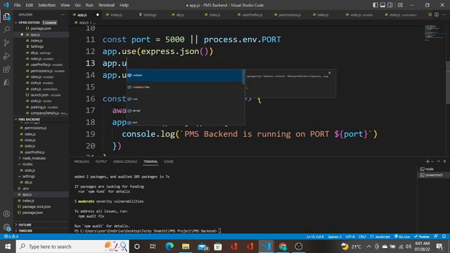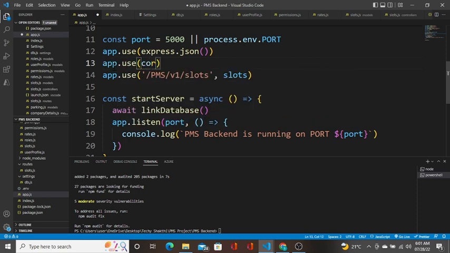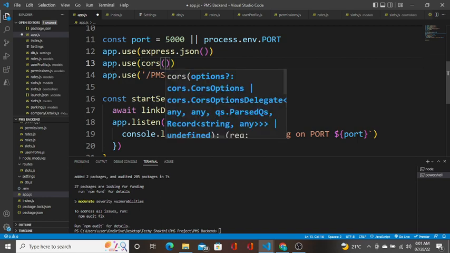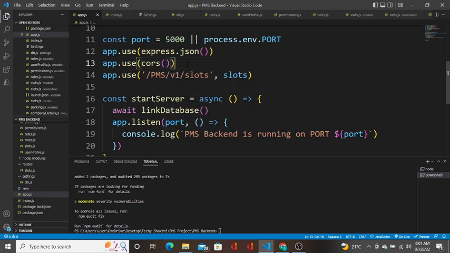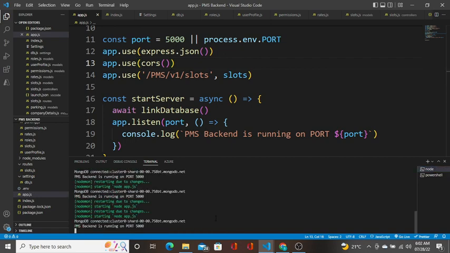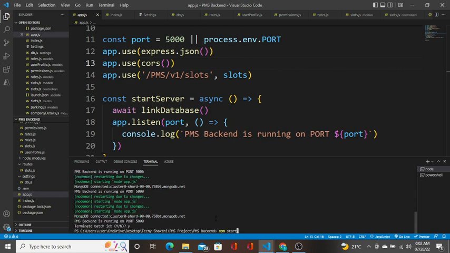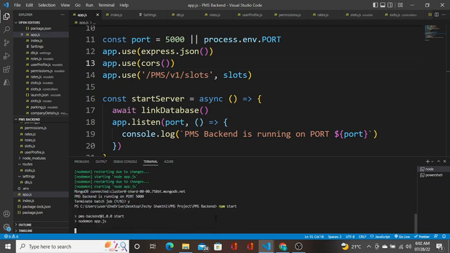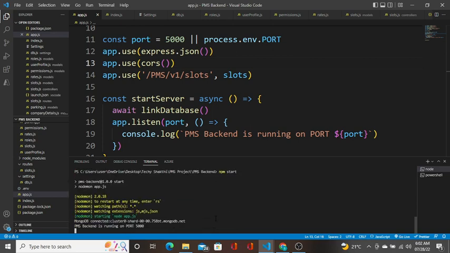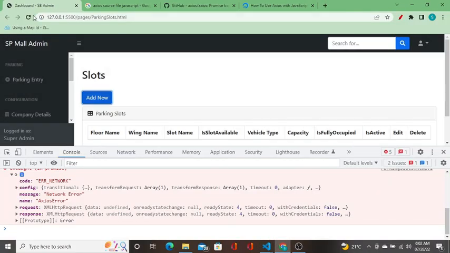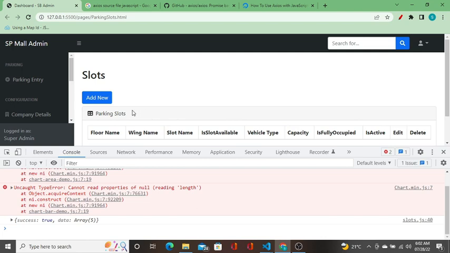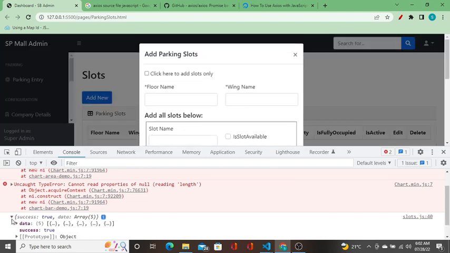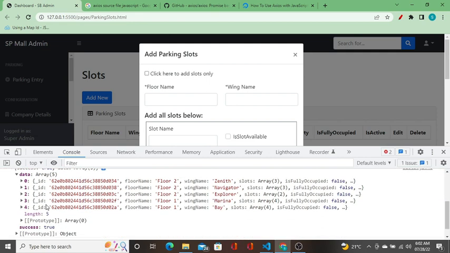Before calling this, we have to call CORS with the help of app.use, because it is a middleware function. We have to call it using app.use. And one more thing is we have to restart the server. Not needed, but it is always safe to restart the server when we add a middleware, right? So now let's go here, I'll refresh this page. Okay, I'll open it. Did you see, successful, data we got 5